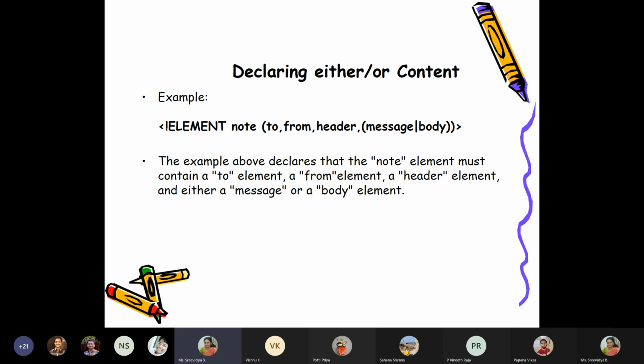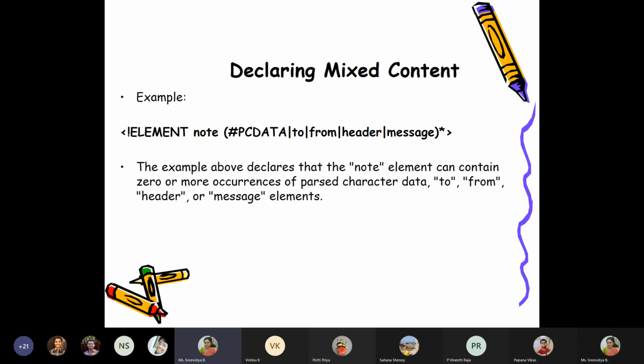Now this is talking about how to declare an element with mixed content. That means note, which we said can contain child elements to, from, header, and message, can now contain PCDATA also.